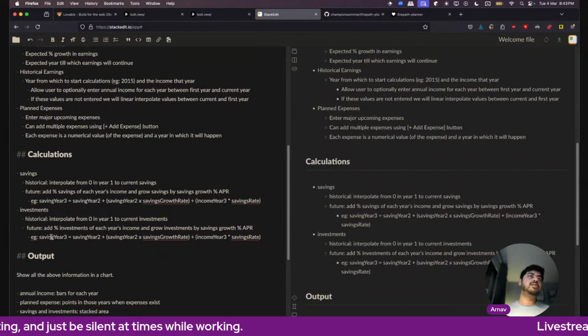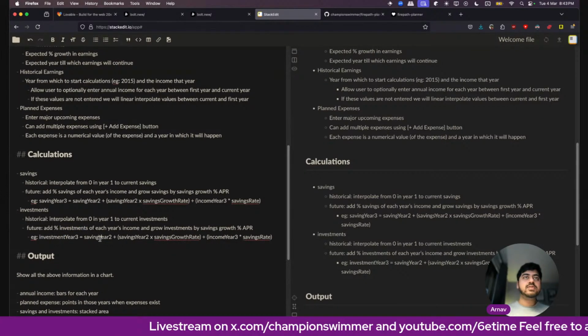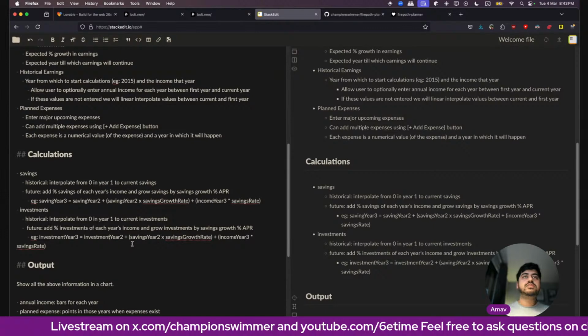Investment of year 3 is equal to investment of year 2 plus investment year 2 times investment growth rate plus income year 3 times investment rate.